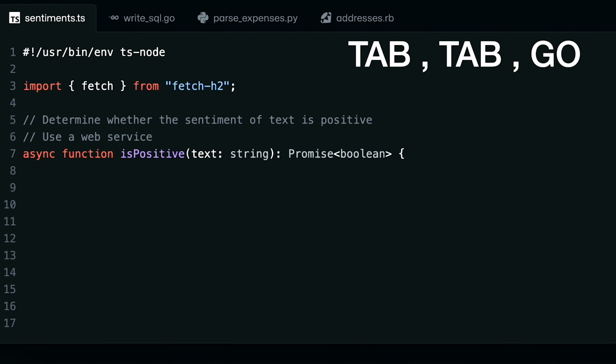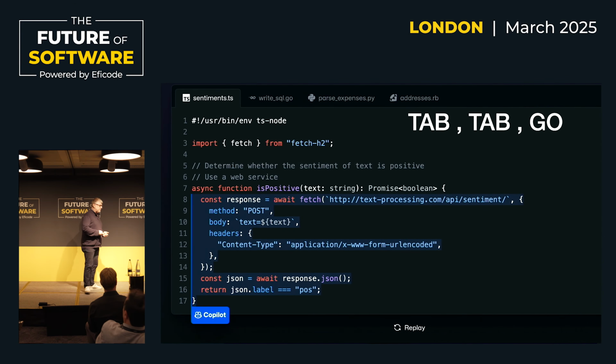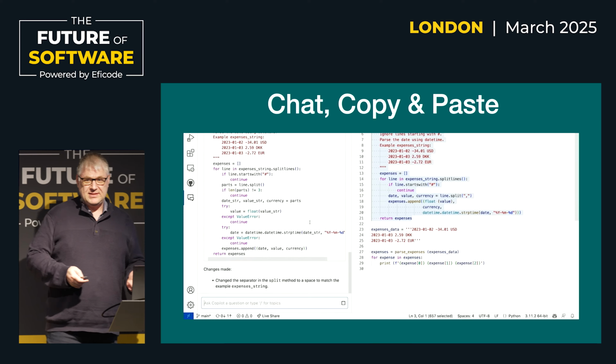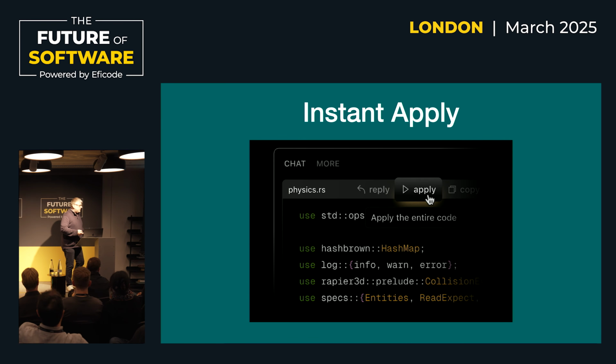Development, Copilot, there was an earlier presentation on this. That's what most people think about, like, oh, tab completion, very easily. But we'll move quite quick. The chat came, we're going to do copy and paste. That was the next thing. Oh, great, right? Oh, suggestions. Why are we copy and pasting? Why can't we just say instant apply and done, right?